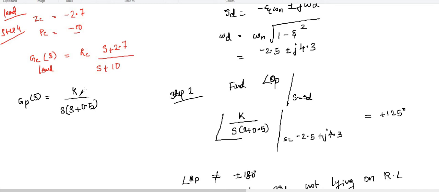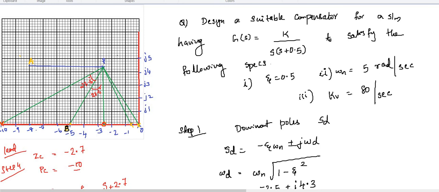So in order to find out the value of K, we can see that there are straight lines from all the poles of the open loop transfer function and all the poles and zeros of the compensator. So draw straight lines from the dominant pole P to all the poles and zeros of the open loop transfer function and the compensator. So we already have S is equal to 0 and S is equal to minus 0.5, that are our first